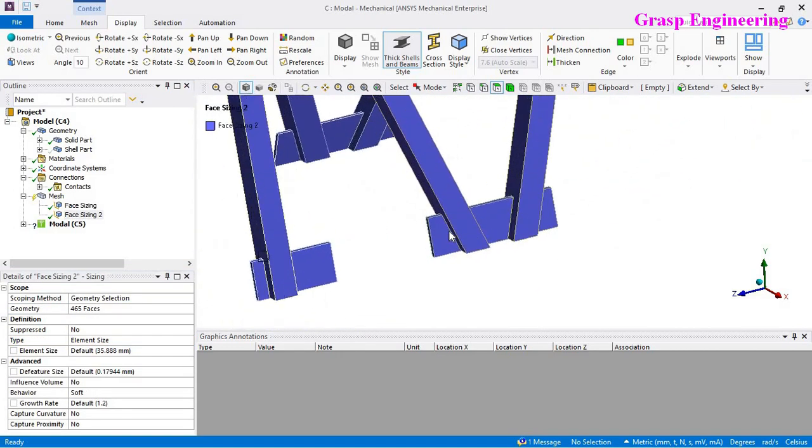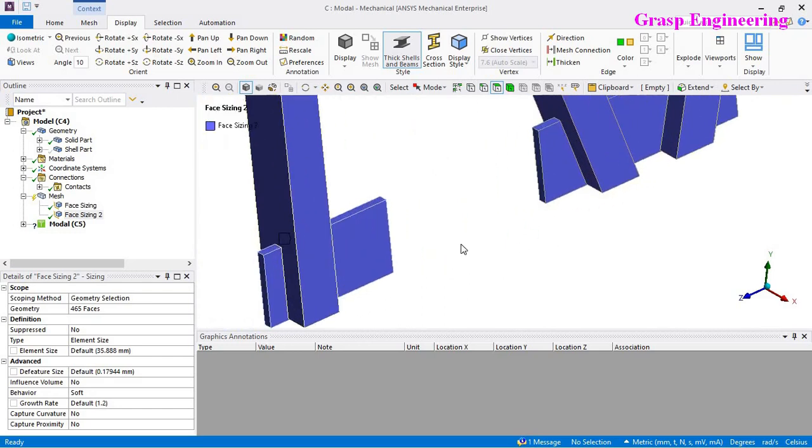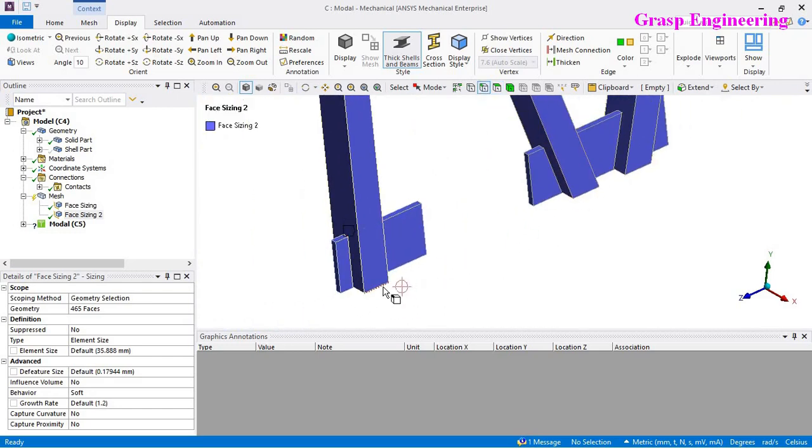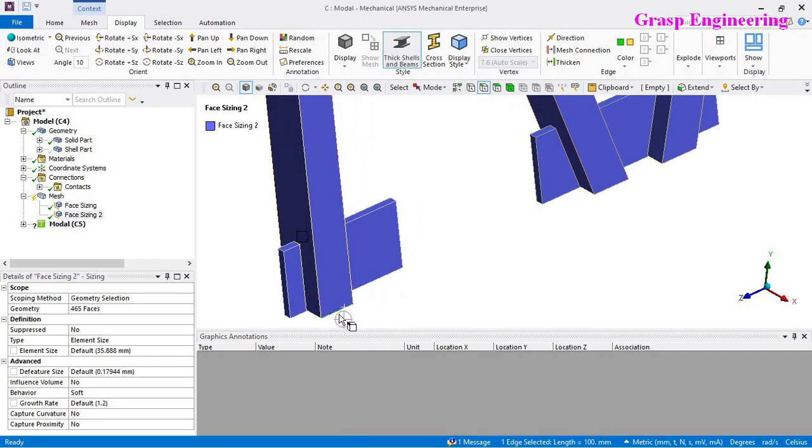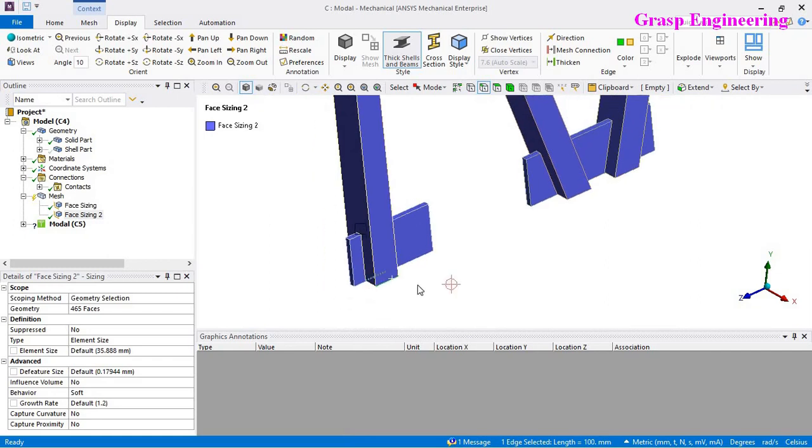So how to define the element size? That is a question most of us come across while doing simulation. The simple answer is, here you will find that the edge length is 100 mm. If you want 4 elements across this section, then you need to define a 25 mm sizing. It is as simple as that.